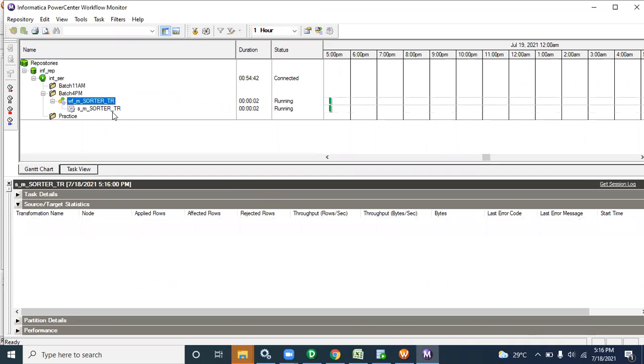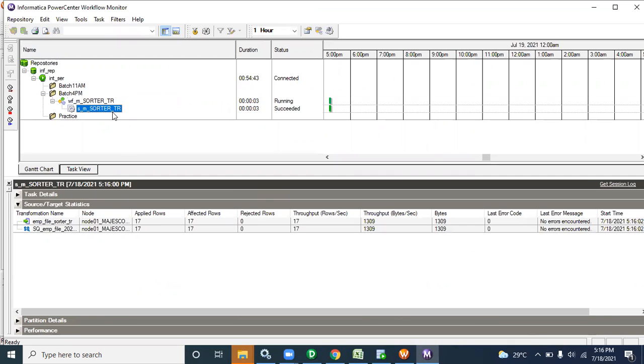See, now it's running. Every 1 minute it will run automatically. Again it succeeded, and again it will be scheduled in the same manner. See, again scheduled. After 1 minute it will run again.